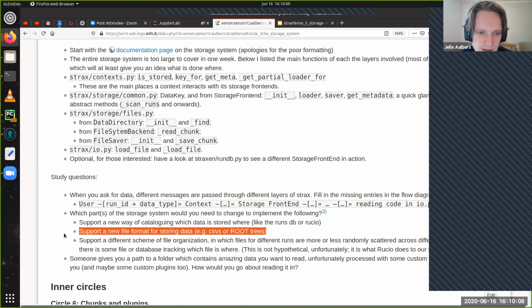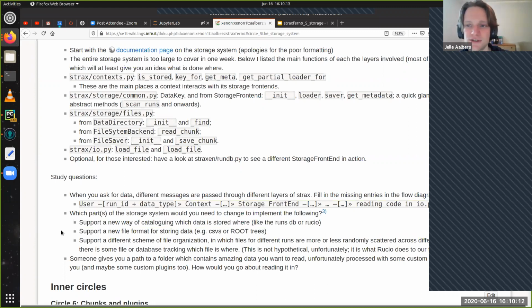Okay. So suppose you want to go back to root trees. You want to store data in root trees. How are you going to do that? It's a trick question. You do not do that. Very good, Daniel. That must be the answer. Yeah. Okay, but suppose that you do it for an April Fool's joke or something. How would you do it?